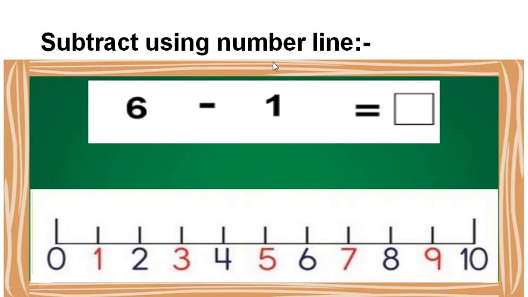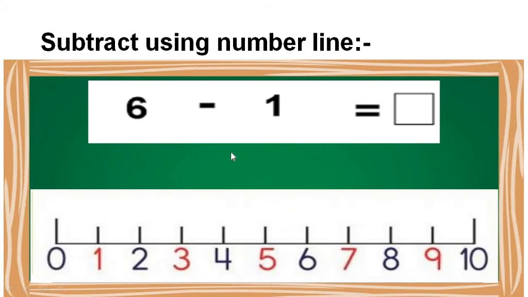So first question is, what is the number line? Look at here. This is called number line. We all are familiar with these while learning addition. We have already done add using number strip. Right now we are learning subtract using number strip or number line. So how can we make subtraction using this number line or number strip?